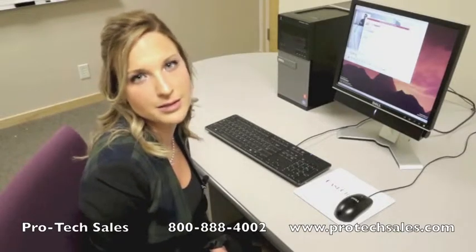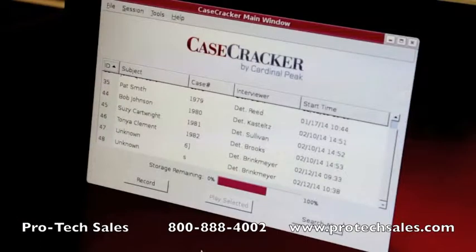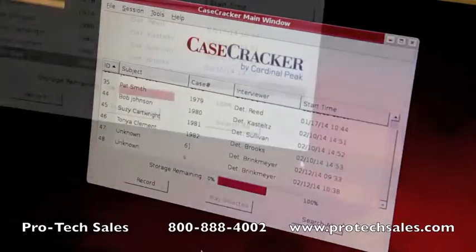Now that you have your interviews stored in a secondary location, I'd like to show you how to search through your interviews to get to specific annotations that you marked previously. This is one of the features that most investigators get extremely excited about because it saves so much time in the review process. Let's return back to the CaseCracker main menu, and if you press on the Search All button,